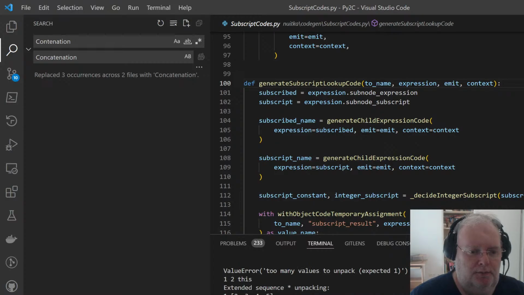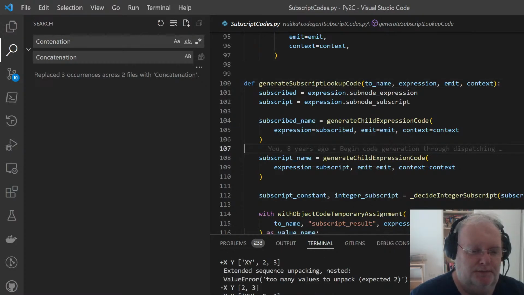This is actually plenty of differences. But I hope, oh, extended sequence unpacking. Yeah, okay. I know what's going on. I need to catch it where the iterator escapes, and in the star sequence unpacking it escapes, but we don't know, and then we do this optimization and it's wrong.